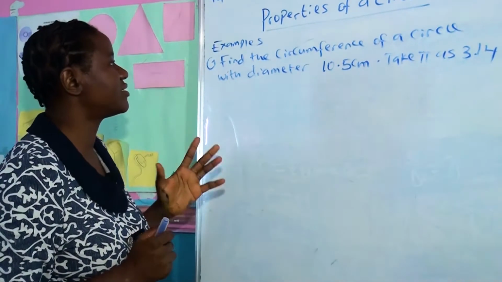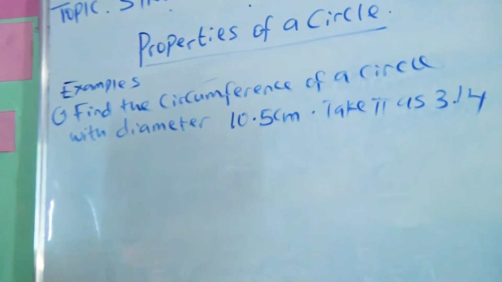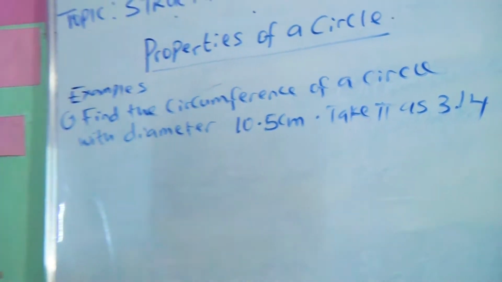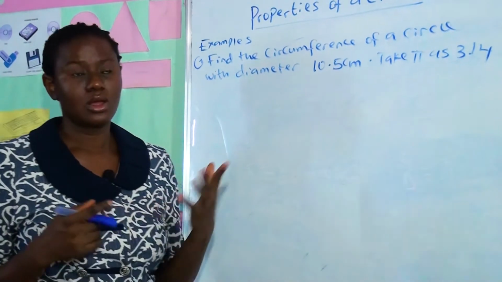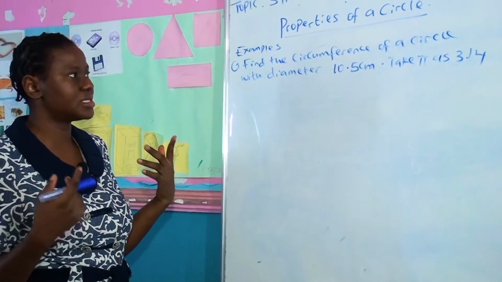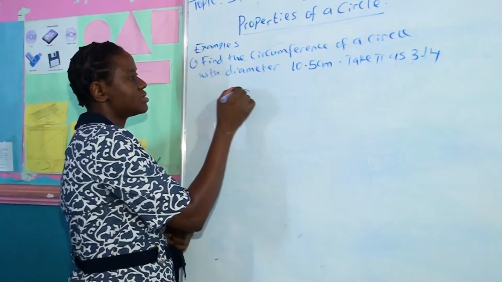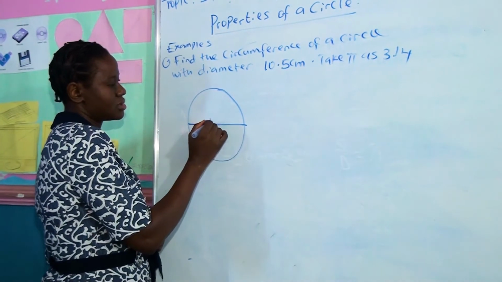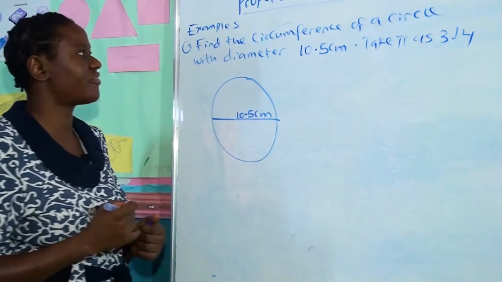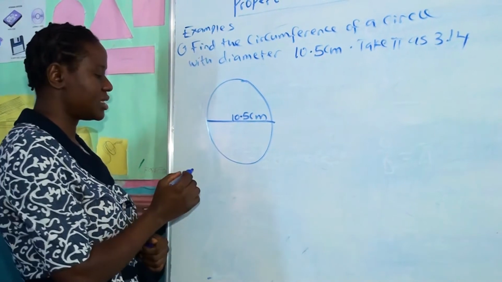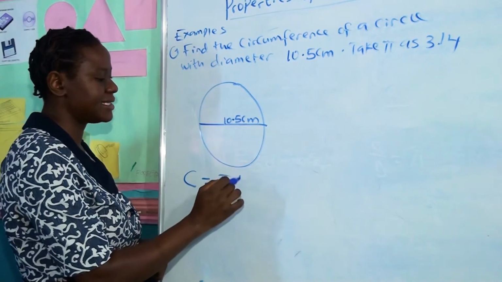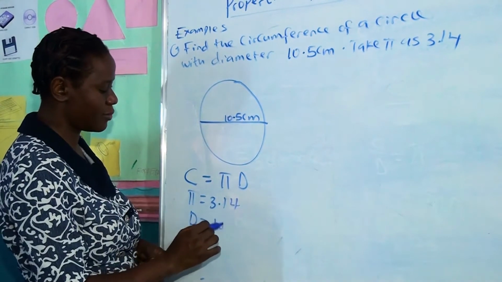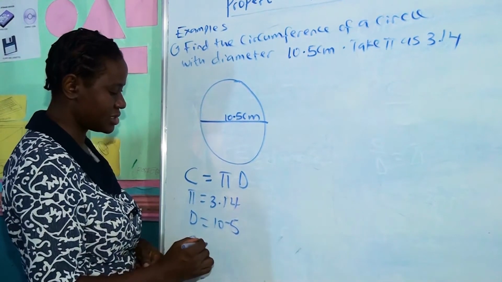All right, here's the question. Find the circumference of a circle with diameter 10.5 centimeter. Take pi as 3.14. Remember we said pi is a constant, which could be 22 over 7 or 3.14. All right, this is a circle. This is the diameter, 10.5 centimeter, and we want to find the circumference. Remember what we did? Circumference is equal to pi D. Pi here is 3.14 and D is 10.5. So circumference here becomes